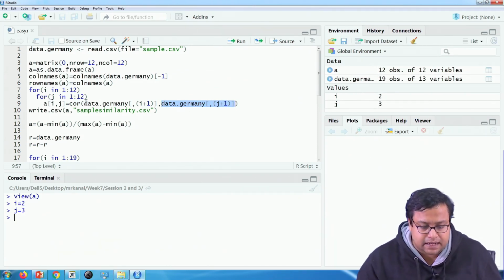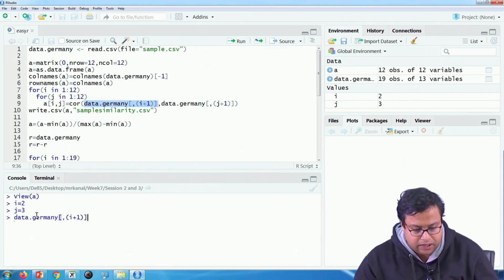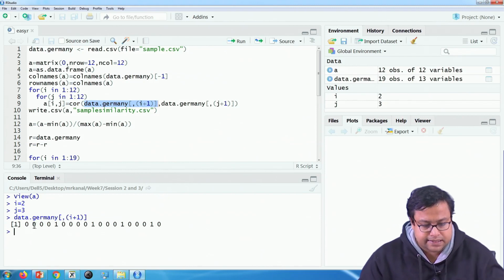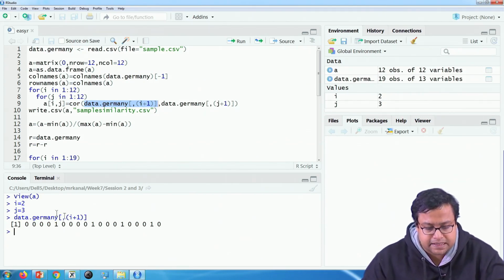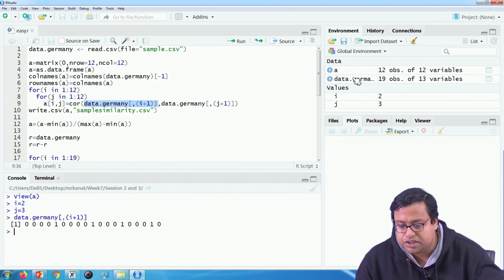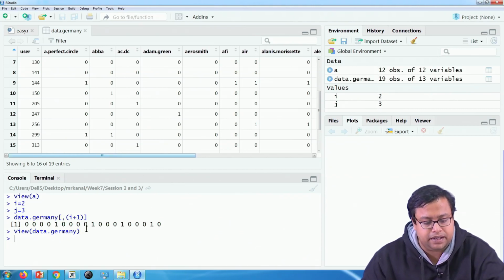Then, what is basically correlation i plus 1? So, what is this value? This value is 0, 0, 0, 1, 0, 0, 0, 1, 0, 0, 1, something like that, which is basically the third column. If you check carefully, this is the third column, 1, 2, 3. This column 0, 0, 0, 1, 0, 0, 0, 1, and then 0, 0, 0, 1 and 0. This is what I am populating here.